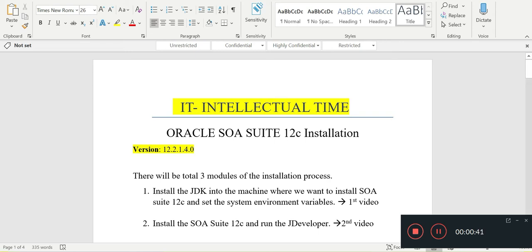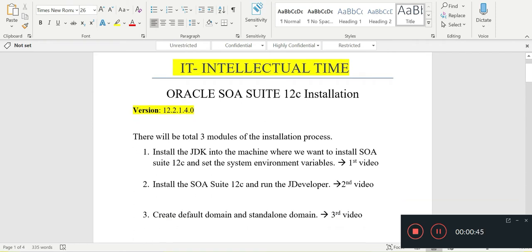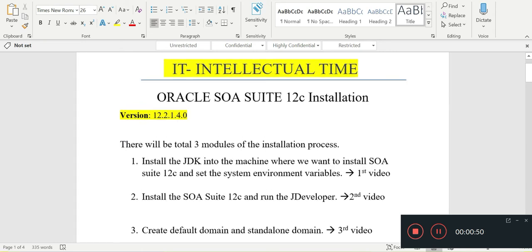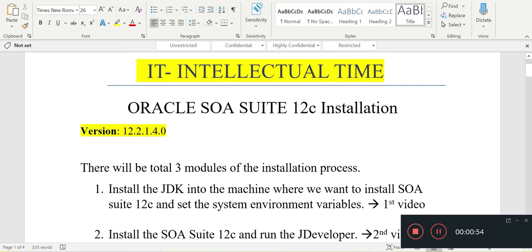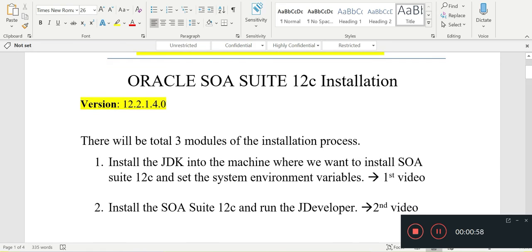The version that I will be installing here is 12.2.1.4.0, as you can see on the screen. There are three modules in this installation process.